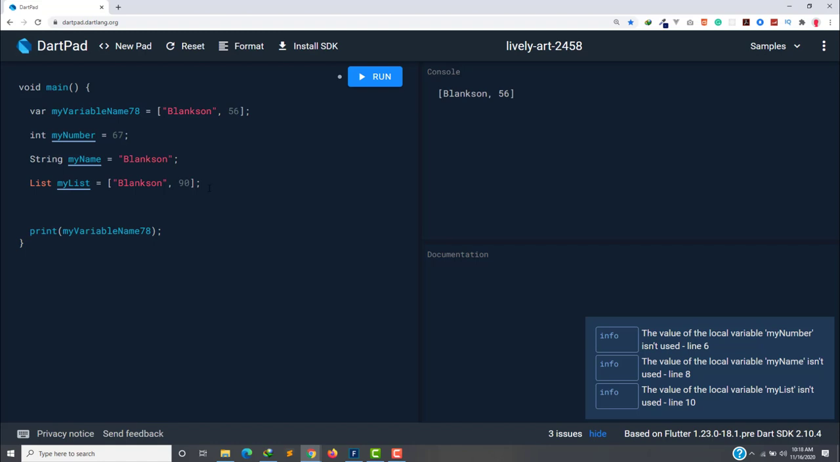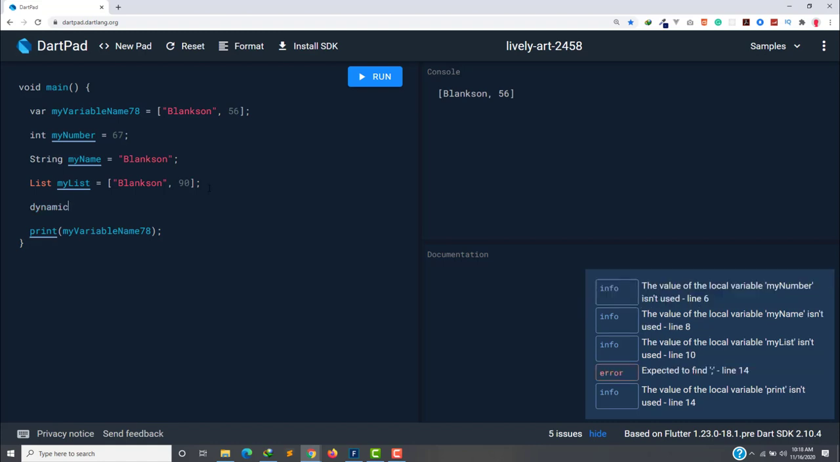Okay, we also have the dynamic keyword. Let's say the dynamic keyword, which tells that this variable is supposed to be dynamic. The data type is supposed to be dynamic. Okay, so that means we can change or assign different values of different data types to that particular variable at any point in time. So we can use the keyword dynamic and say